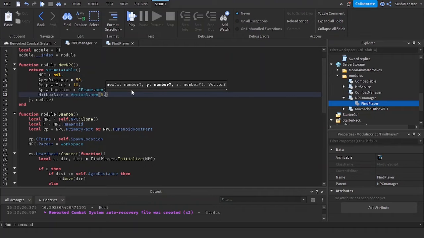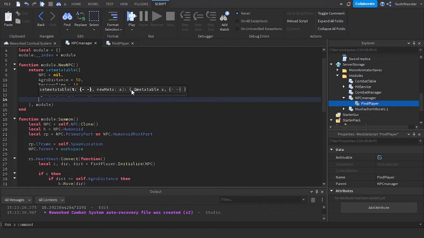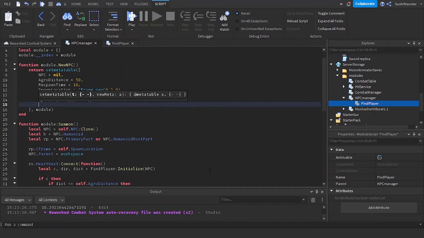The default should be 666. The hitbox offset, I'm going to set this to CFrame.new(0, 0, -2.5). Alright, then what else? Combat